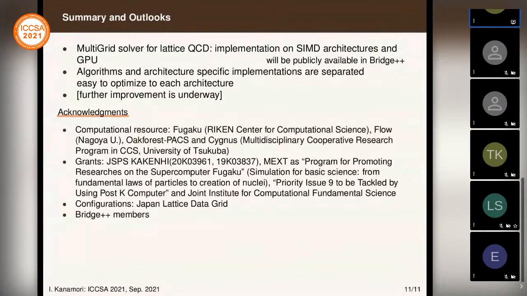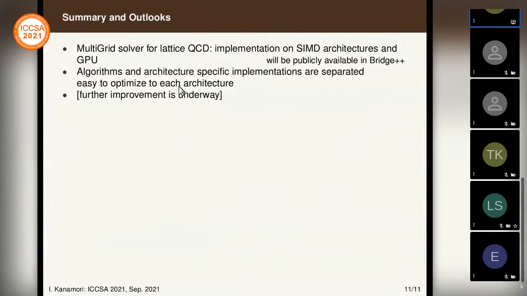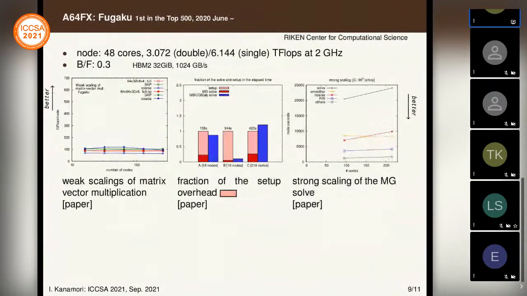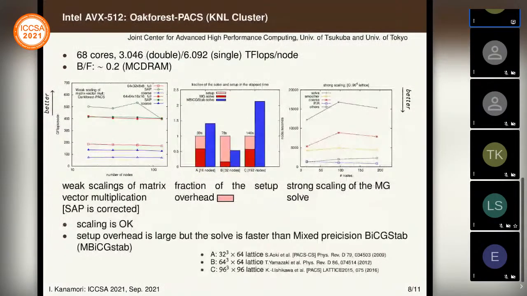Okay, if nobody has a question, I have a quick one, just to be sure that I understand. Can you please go back to the slide that shows the number of nodes and the proportion of time? Before that, this one, yes. Yeah, that one. Is that the fraction of the solver setup in the elapsed time? It looks to me that the time for the machine with 192 nodes is very large. Is that this one? Yes.